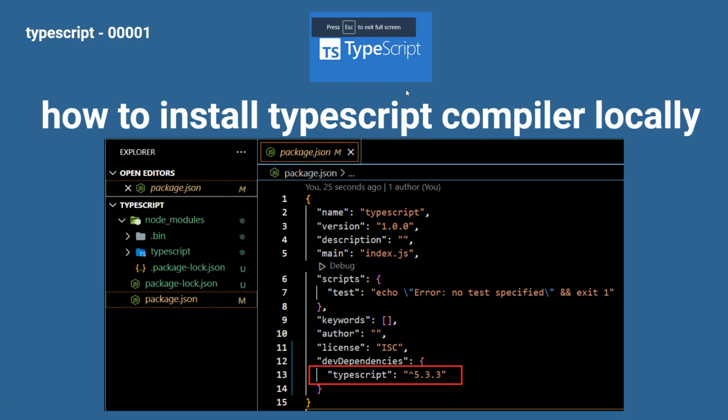How to install TypeScript compiler locally. As you can see in this picture or in this project, inside the package.json file, there is TypeScript installed locally as dev dependency. So how we can apply that for our starting point